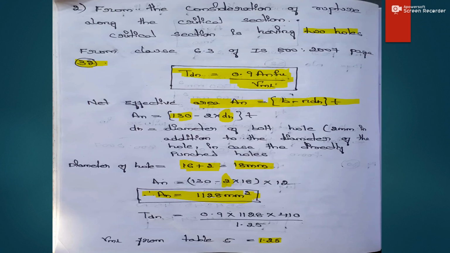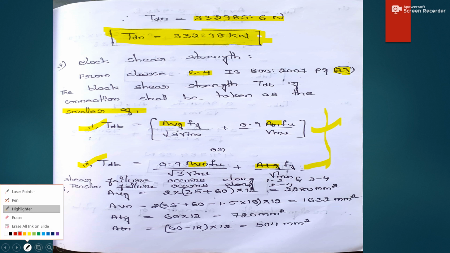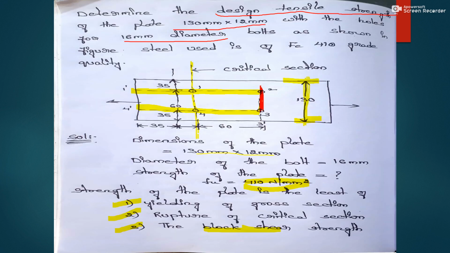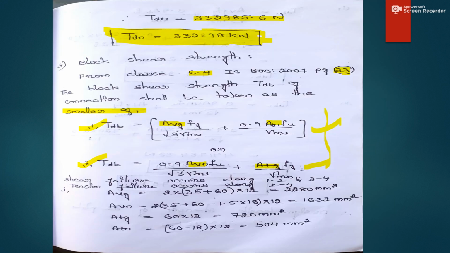We'll go back there again. So shear failure occurs along 1, 2, 3, 4. I have shown, right? So that is the 1, 2 values I have shown here, right? So this is the 1, 2, 3, 4. So 1, 2 and 3, 4 is the shear and 2, 3 is the tension. Yeah. So tension failure occurs along 2, 3, and 1, 2 and 3, 4 is the shear failure. So in that way the failure will occur.